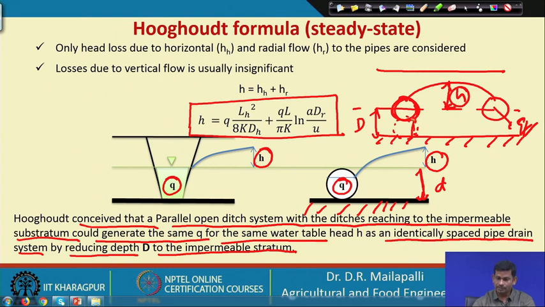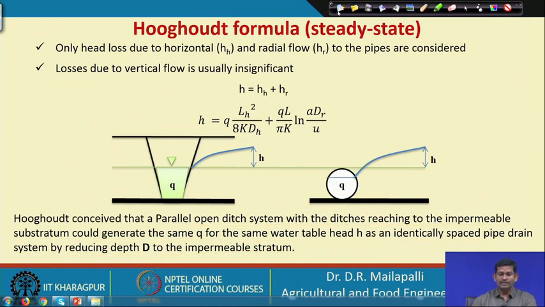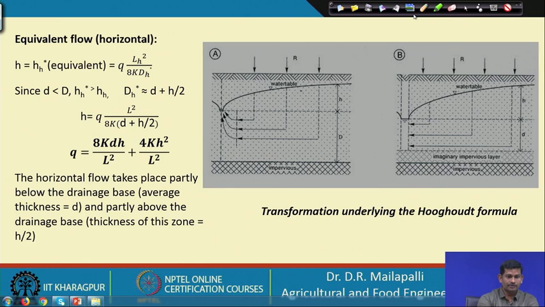So, when you put it down, the depth here is no more capital D; that will be the equivalent depth d a. We are going to see that. So, for making this, you can completely eliminate the radial flow. So, it is now completely the horizontal flow. Okay. So, the equivalent flow is basically the horizontal flow.